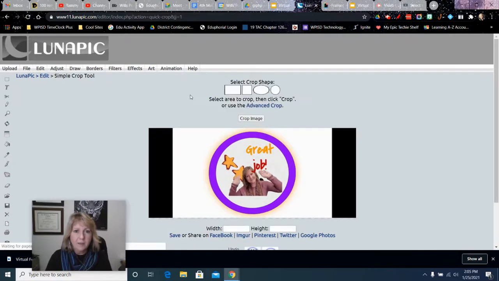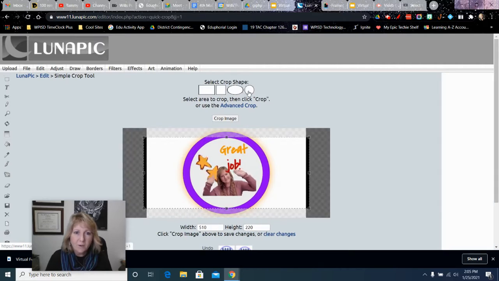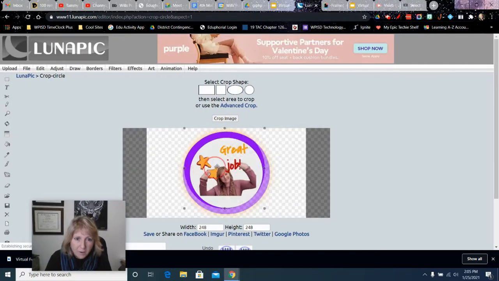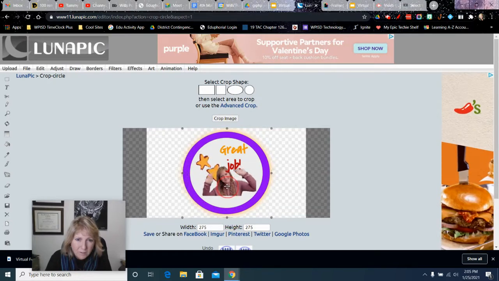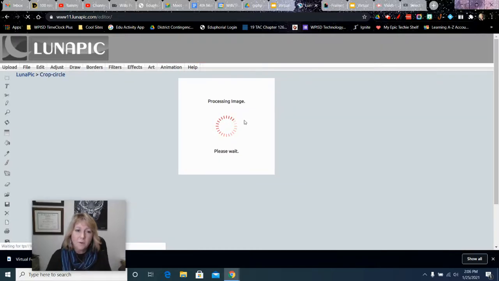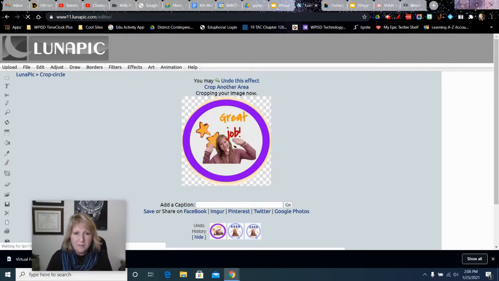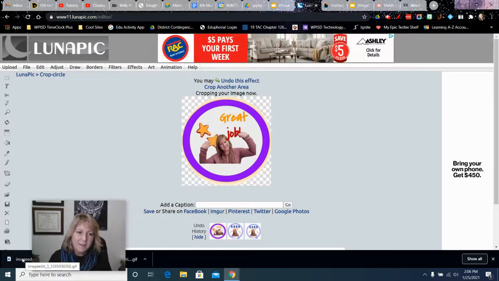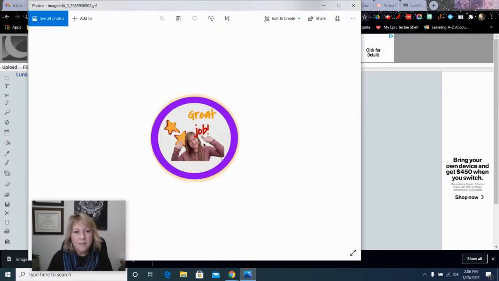And this is what I loved about this, it gives you different shapes. So I can make it a circular shape and it's going to make the circle shape right here. And I can drag it around and make it as big as I need to take up the whole sticker. And then I'm going to crop it. And it's going to process. So there it is. And I can add a caption if I want to, and then I save it. It will download automatically to my computer, and then I can open it up,